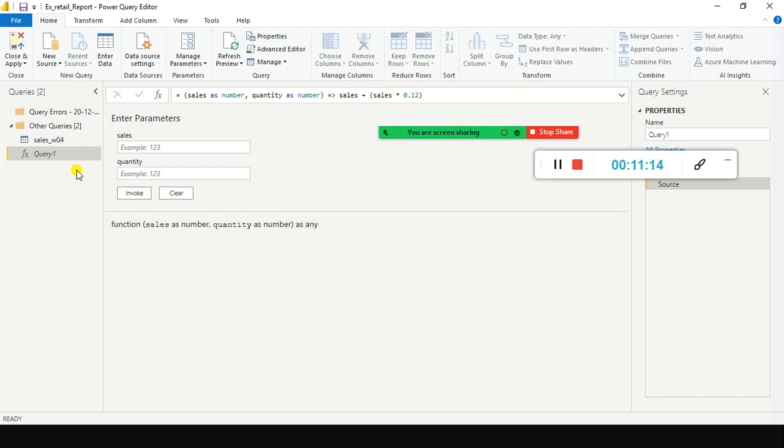In the order table you have order date, ship date, and some other due date, something like that, right? If you have three or more date columns in your data set, it will create that many date tables in your Power BI tool, okay? Power BI automatically creates the date table.